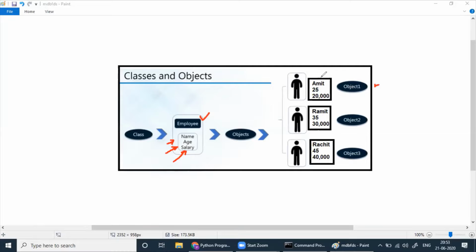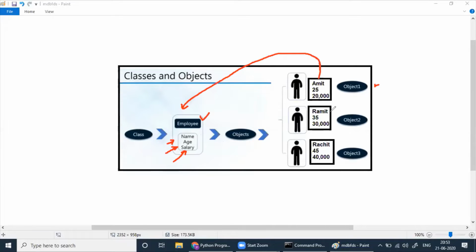When we say Amit is the name, 25 is his age, and 20,000 is the salary he is receiving, then this is one object. This is the blueprint. Remember, whatever attributes you have given here, those things must reflect here: the name, age, and salary.